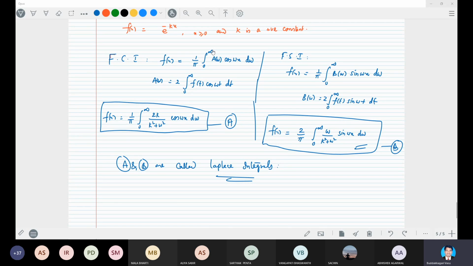We just take the main definitions: Fourier sine integral, Fourier cosine integral, Fourier integral representation, complex form of Fourier integral, as well as Fourier series, and according to the problem we can find out their series expansions or integral representations. Okay, any doubts? If you have any doubts, you can ask.